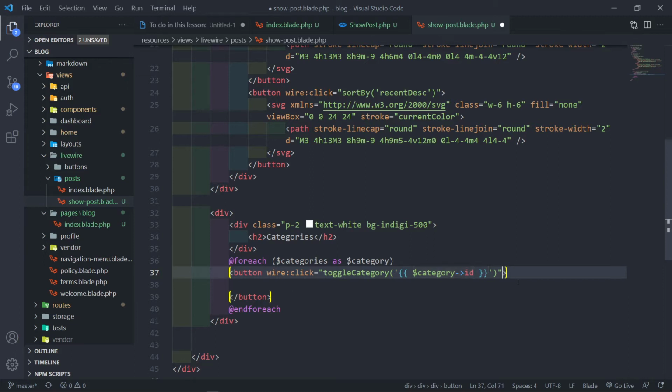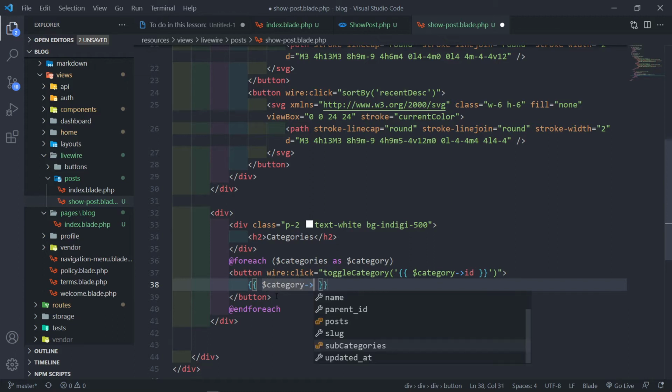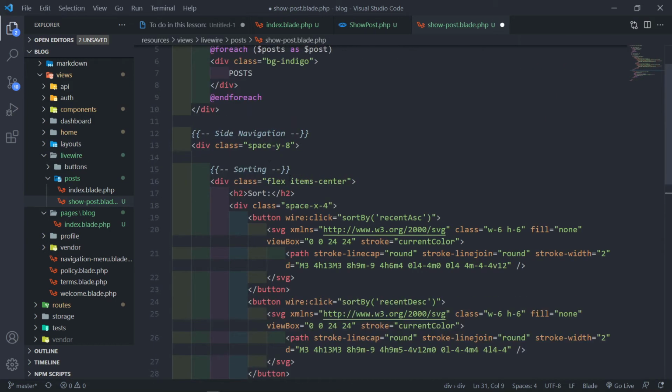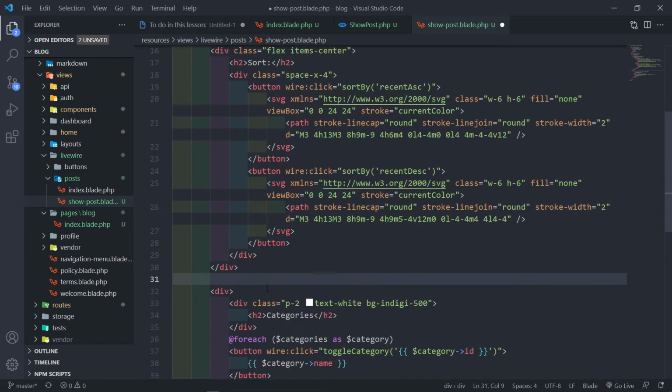And then we're obviously going to add some classes right there, but for now, let's leave it as is. And then obviously we're going to put in here the category name, like this. Okay, so we end that. So this is basically our categories right there. We got our sorting. I'm just going to put this